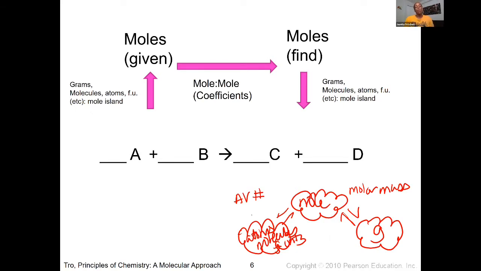Now, what I want you to remember, what I used to say in those previous videos, is that no matter what kind of problem you're dealing with, especially these stoichiometry problems, your first objective is going to be to get to moles, however you can. So if your given is in grams, you're going to use the molar mass. If it's in atoms, molecules, or formula units, you're going to use Avogadro's number. Whatever it takes to get to moles first. So in the mole bridge,